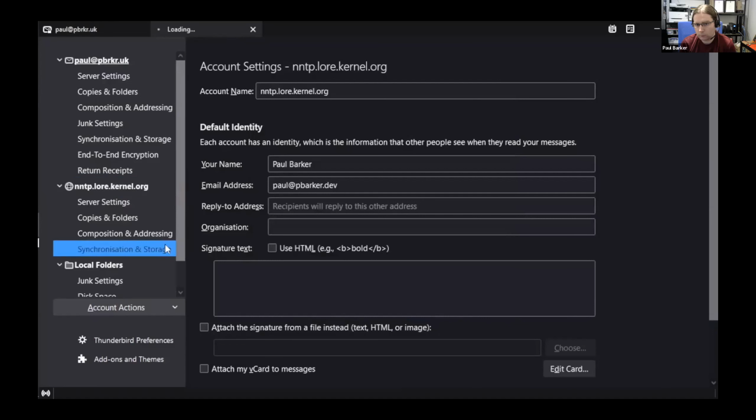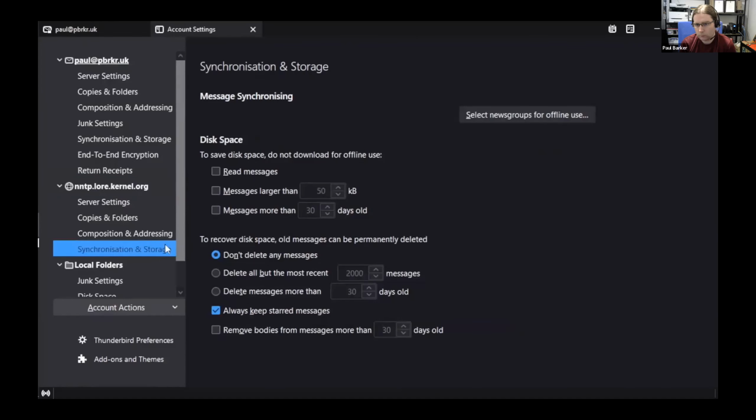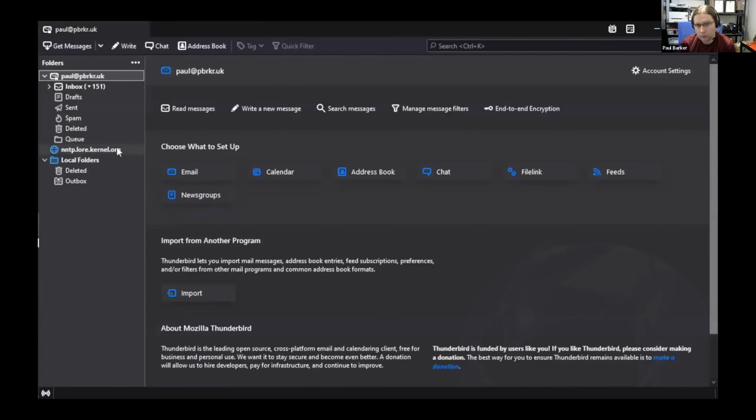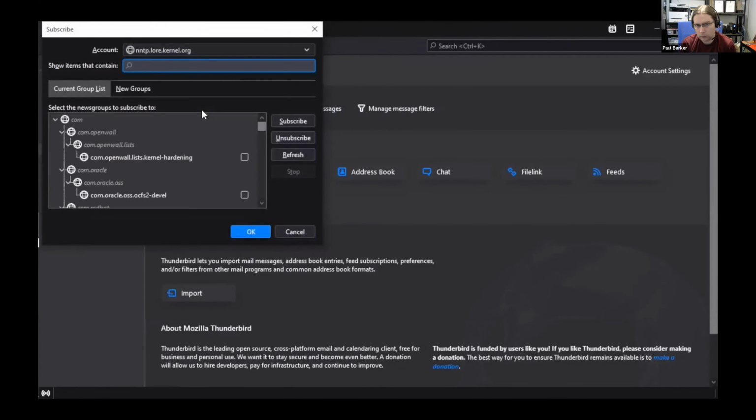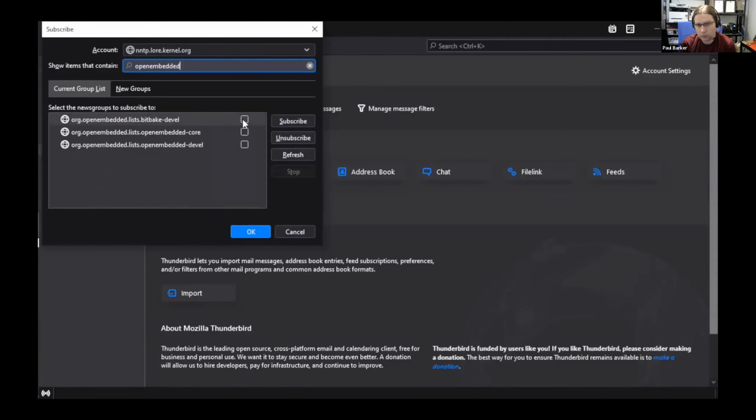Now let's reduce the bandwidth used by limiting the downloads to just pull messages that were sent within the last 30 days. And now we're going to go to our new newsgroup account, and we're going to say manage newsgroup subscriptions, and then we're going to search for the newsgroups that we want to subscribe to, which in this case is the open embedded mailing lists.